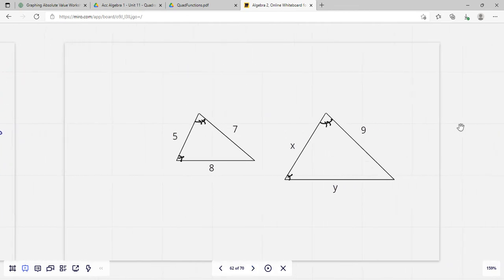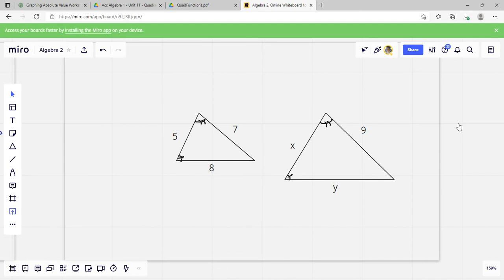Okay, this next part is about similar triangles. And we've done ones like this before. Instead of using a scale factor, we're going to use proportions for this, right? So we're going to have this triangle first. We'll take that on the top, and this triangle will be the bottom, right? So if we make a proportion, we would say